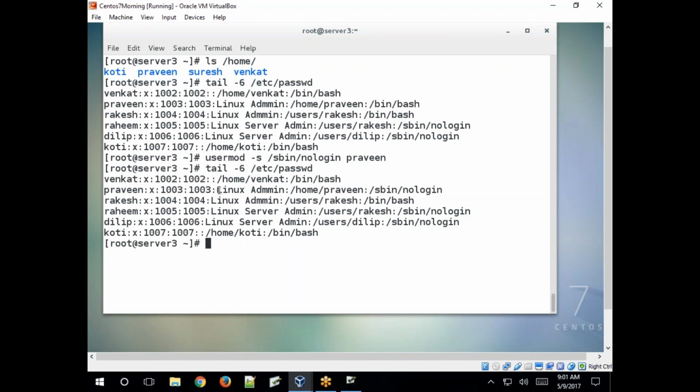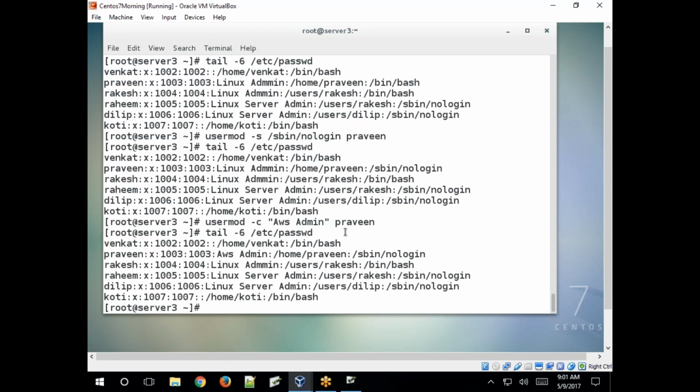So if you want to change the comment, now modify with -c, okay, AWS admin. Yes, modified, right?